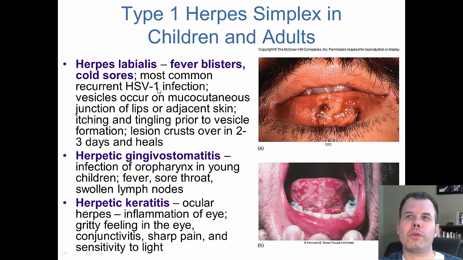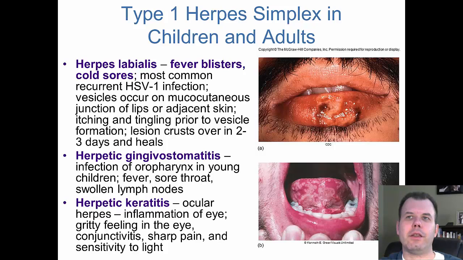So the first one is the most common type, the fever blisters and cold sores. This is the herpes labialis, and again, this is most commonly HSV-1, and this is the cold sore on the lips, or right above the lips. And again, you get the mucocutaneous junction of the lips or adjacent skin. You get the itching and tingling prior to vesicle formation, and typically in 2 to 3 days it crusts over and heals, and then it goes away, and then you get this infection again and again. Other ones can include the